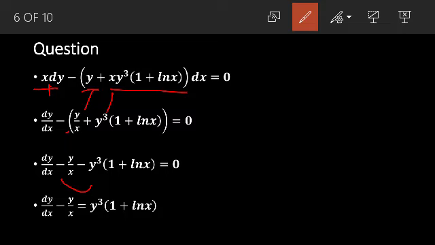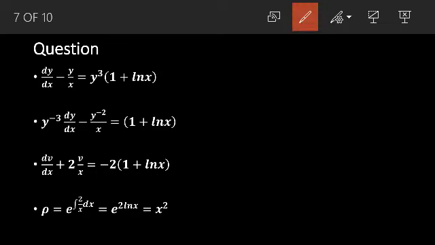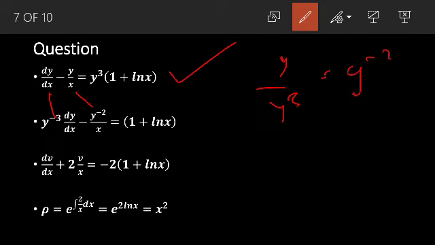At that point we can take this to the other side of the equation. That's why we have this equal to y cube, and the minus sign becomes positive, y cube into 1 plus ln x. Now that is what we have. At this point we can choose to divide through by y cube to look like a Bernoulli's equation. So when we divide this by y cube, we get this. y over y cube actually is y to the power minus 2, using the laws of indices, and that is why we have this. Then dividing this by y cube eliminates y cube, we are just left with this, which is a first